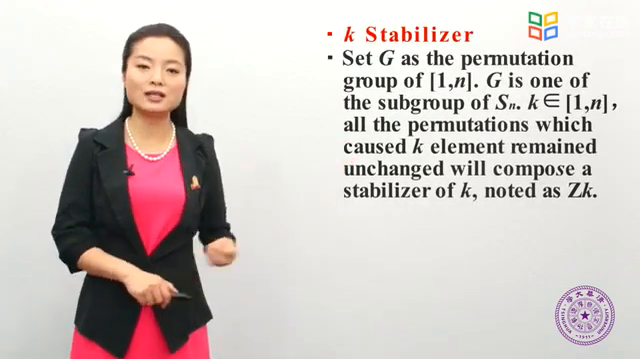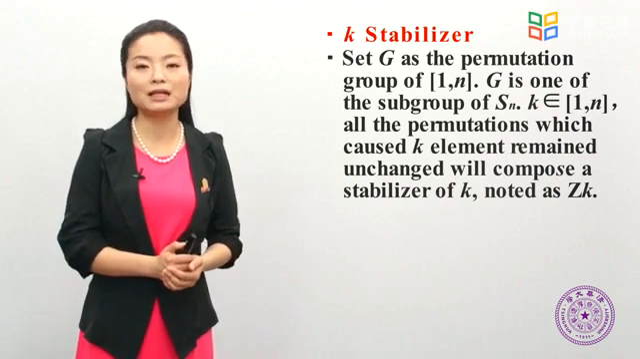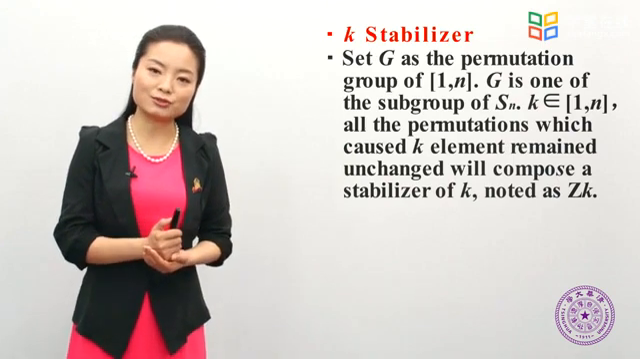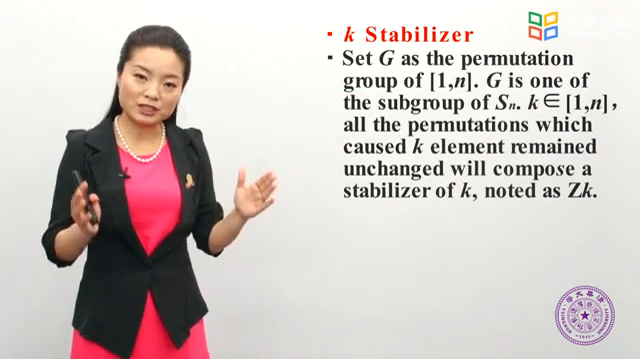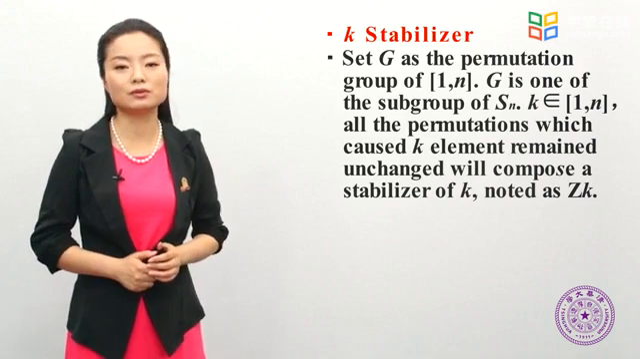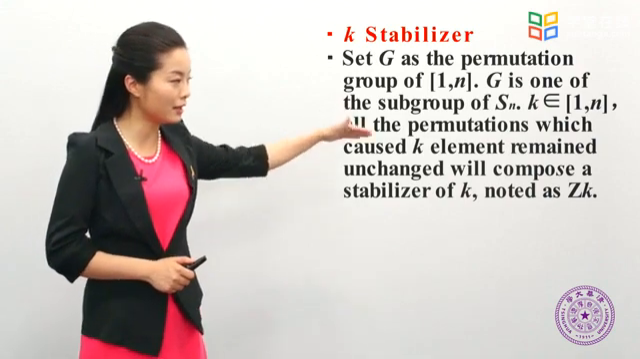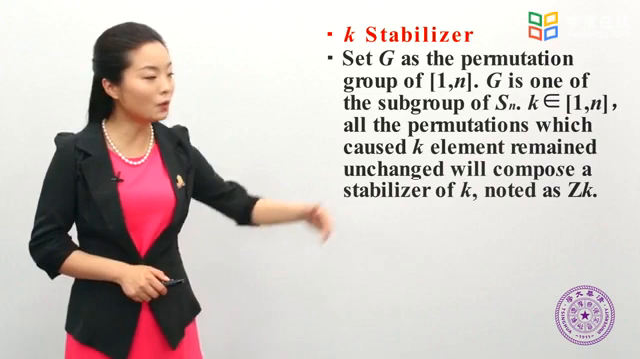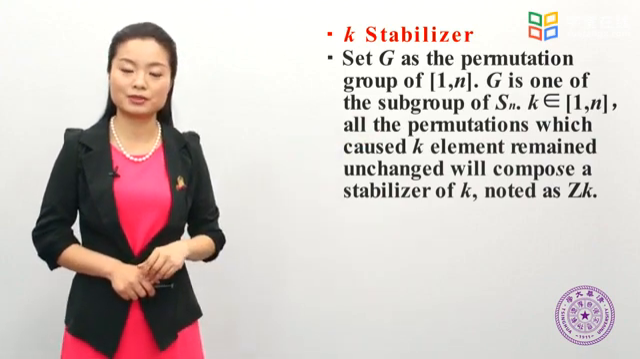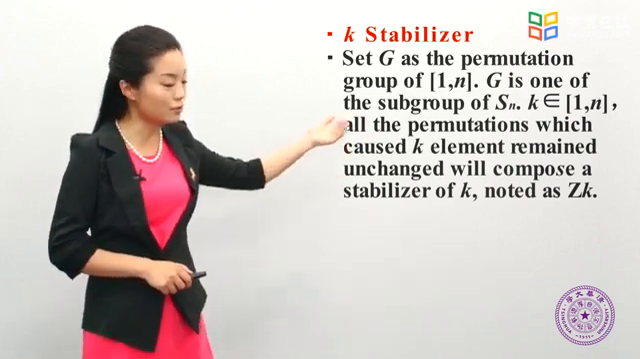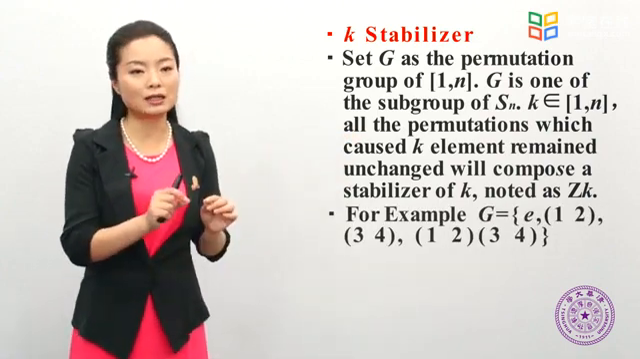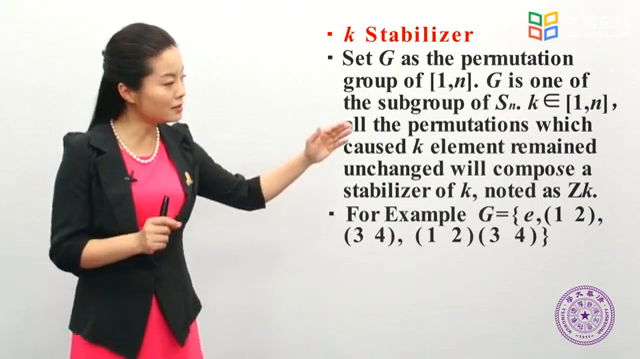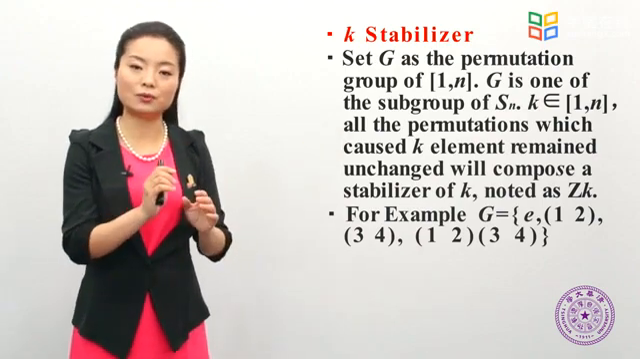Then it will contain a subgraph, which corresponds to all the permutations which have no effect on element K. We know it as the K-stabilizer class, and use ZK to represent it. Take a simple example. There is a permutation group G, which is equal to the identity element E, 1 exchanged with 2 with 3 and 4 unchanged, 3 changed to 4 with 1 and 2 unchanged,